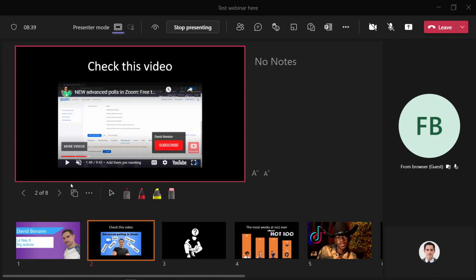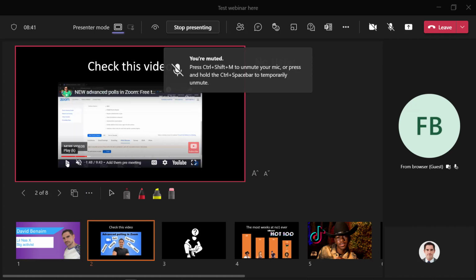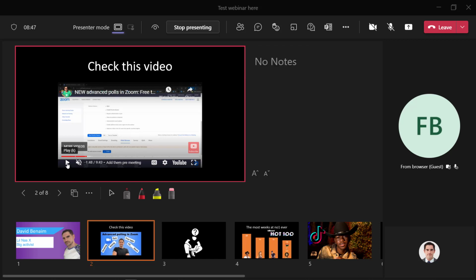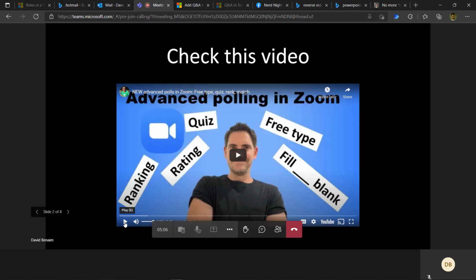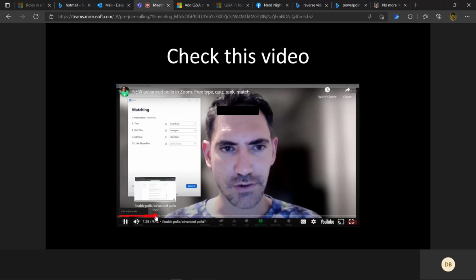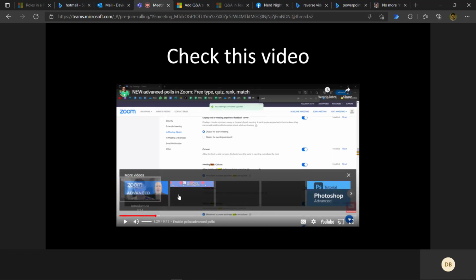Another cool feature about this is if you play a video when you're in PowerPoint Live, it plays really, really smoothly, and every audience member is actually able to rewind and play at their own pace. So even if I play here, as that's going there, let me switch to the participant view. So here I am in the participant view, and they can play it as well and rewind it as they